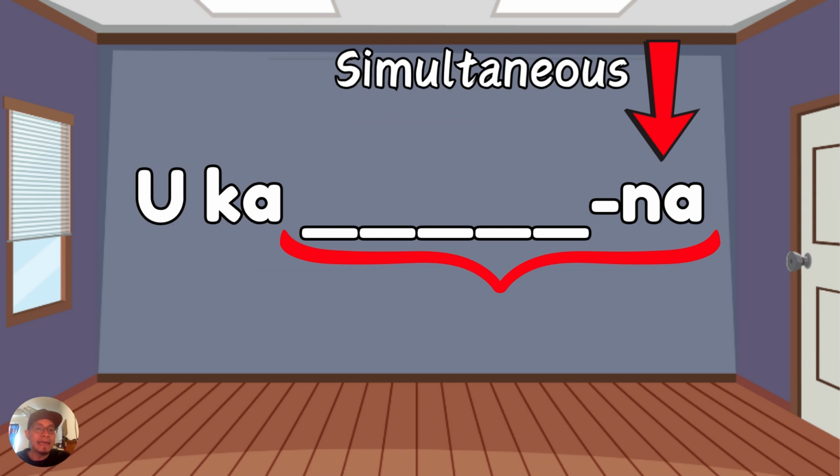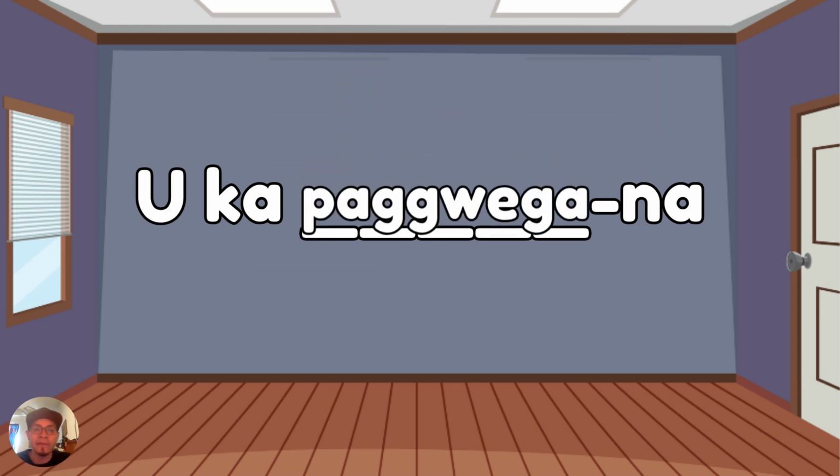It can also be translated as "if" or even "since." So "if you are blank" or "since you are blank." But in this class, we're just going to focus on the "as" or the "when." Not only can we fill this blank with nouns like I just showed you, but we can also fill it in with verbs. Here's a new verb as an example. Pagwigya means to go fishing. So the sentence ka pagwigyana means "when you're fishing."